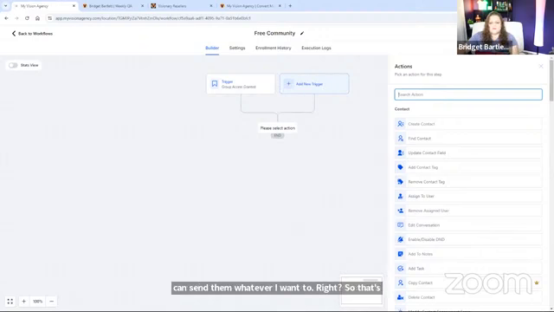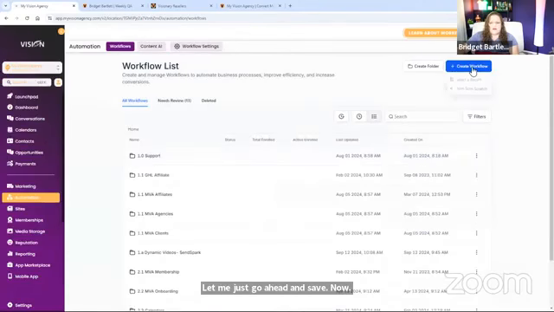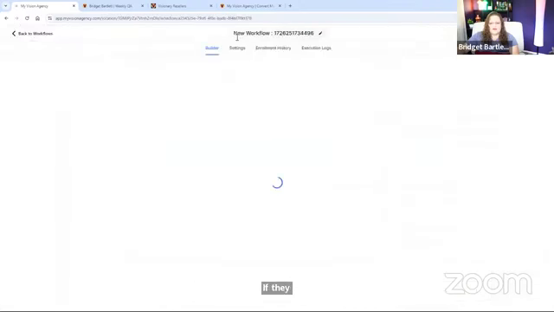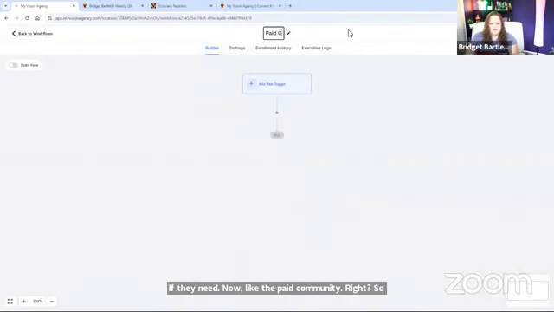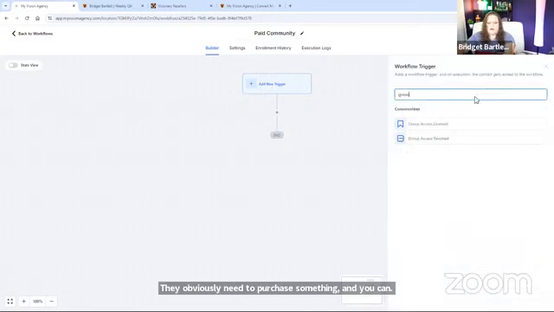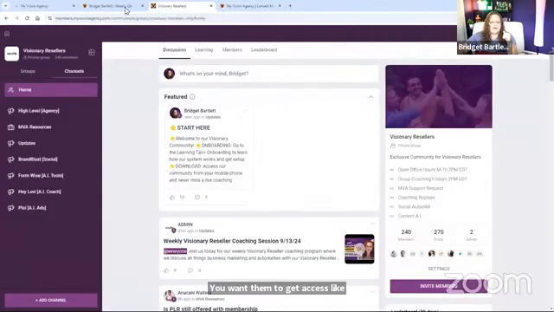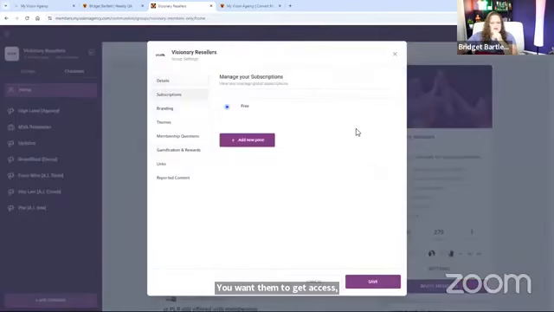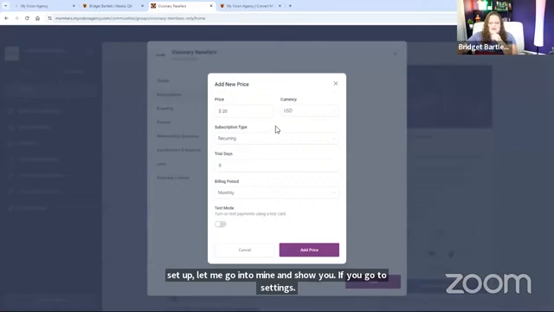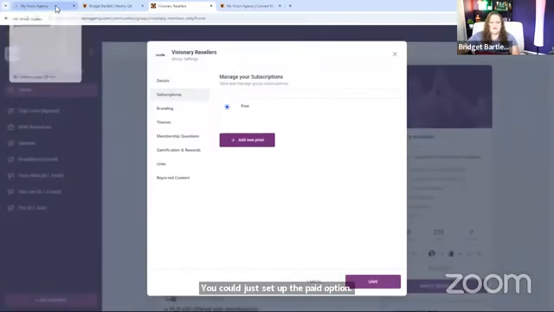Now, obviously, let me go ahead and save. If they need the paid community, I'm going to go ahead and go to paid community. They obviously need to purchase something, and you can do the same thing with group access. When you have your community set up, let me go into mine and show you. If you go to settings and then subscriptions, you can add that there. So if you wanted it to be super simple, you could just set up the paid option there, or inside of your